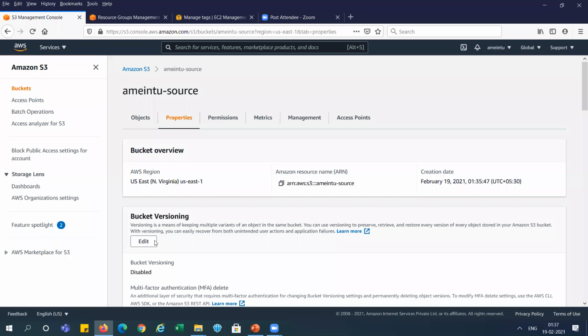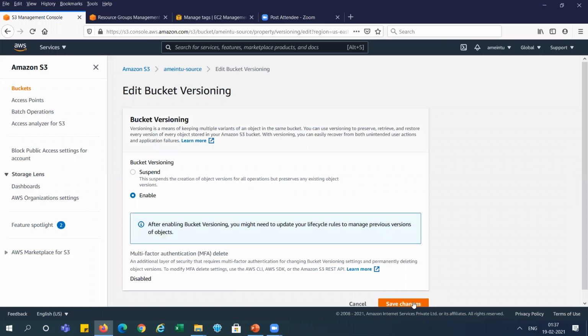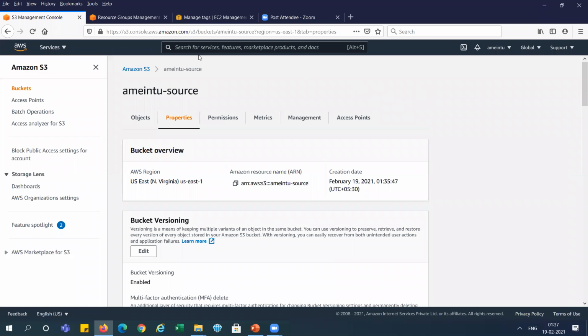So this is bucket versioning. I'm just going to edit it, and the bucket versioning by default is suspended, so we need to enable it. I just enable it and do save changes, right? I'm removing this success message. Okay, now you can see the bucket versioning is enabled here, right?